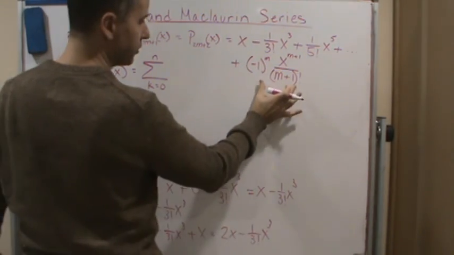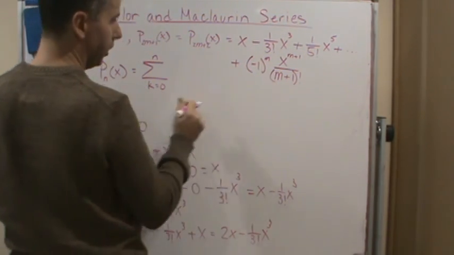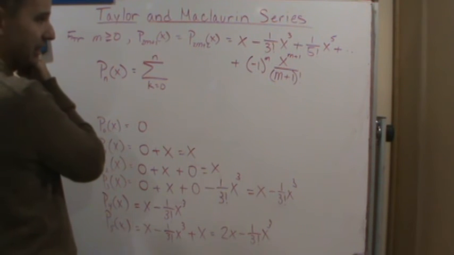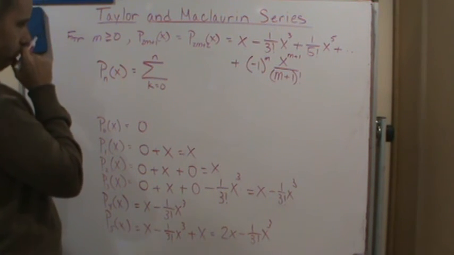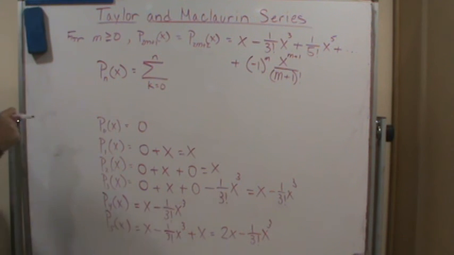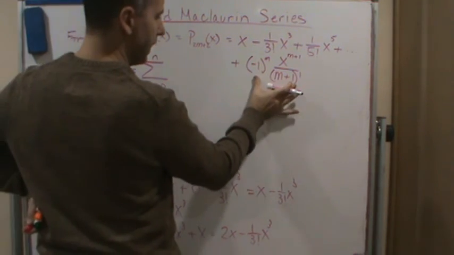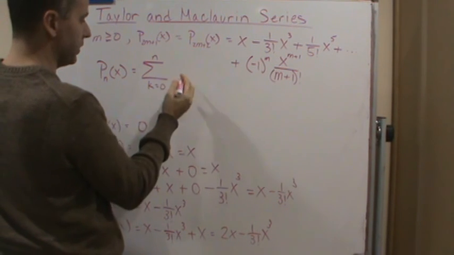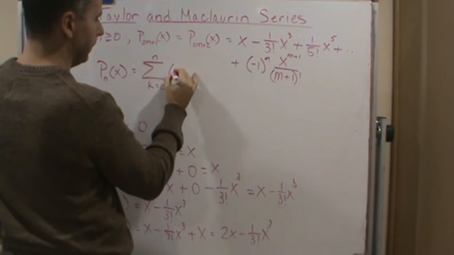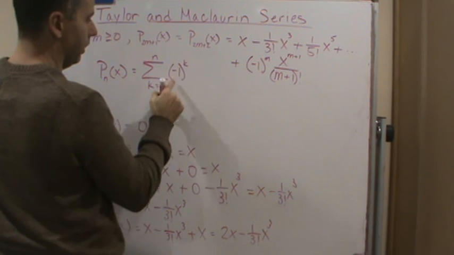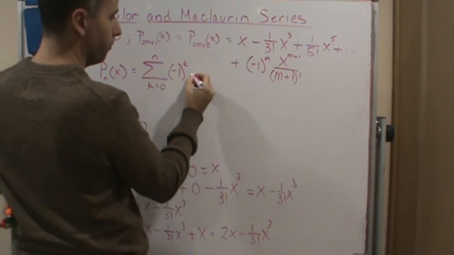And I know this is going to be the nth term, but I got to make sure that I get all of the terms, okay? And so in this case here, basically I'm just going to take this and put it here and use k. So this is going to be negative 1 to the kth power